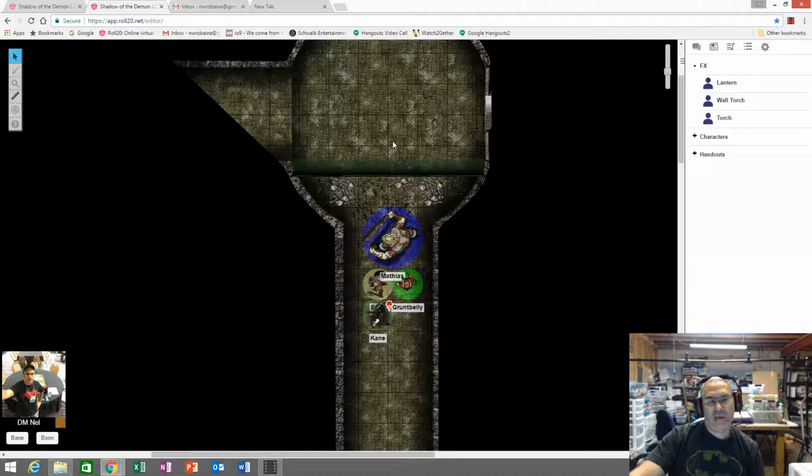And then the two that were down here at the bottom, I decided I'm just going to have them run off and wait in ambush, because if I fight them now, these guys are going to die. Plus, the ones down here saw that they killed these two up here, so they're not necessarily going to jump up here and have the same thing happen to them.